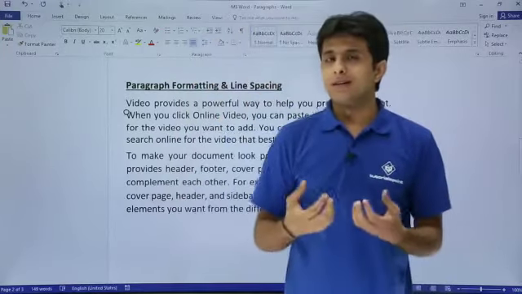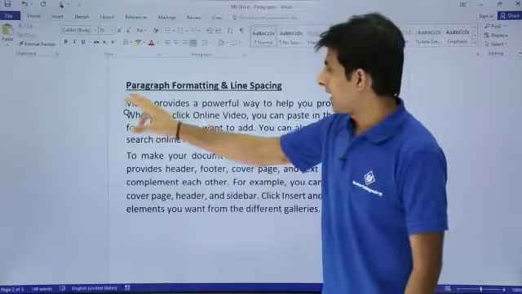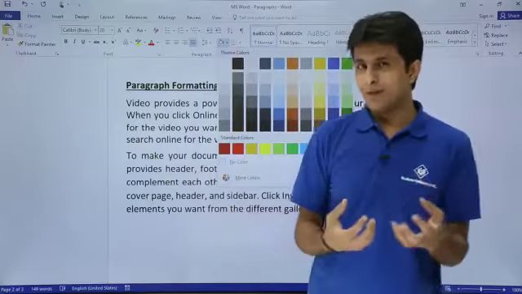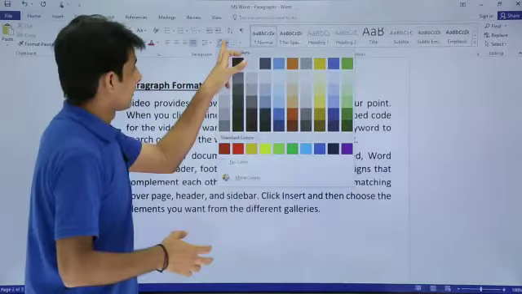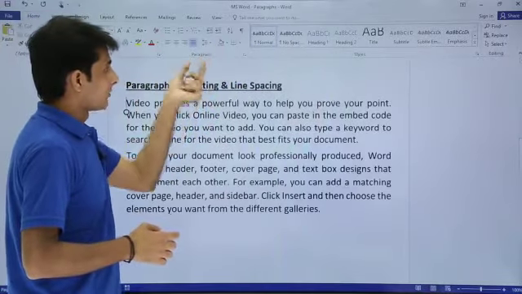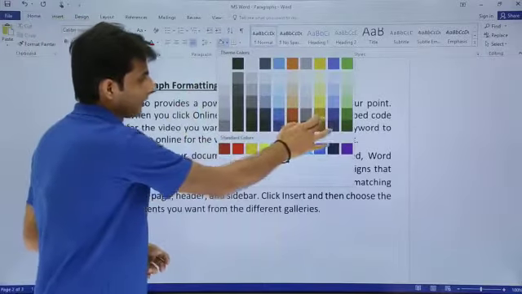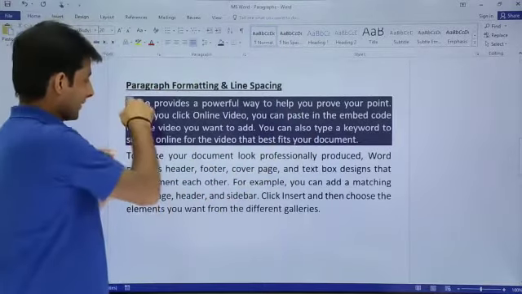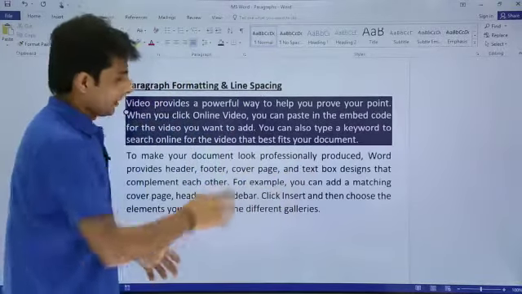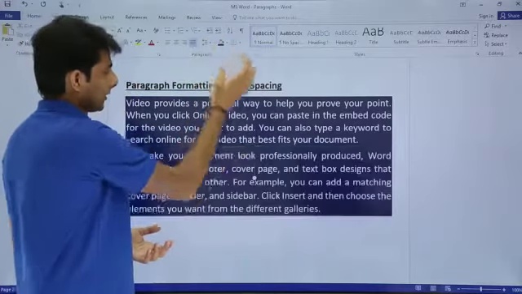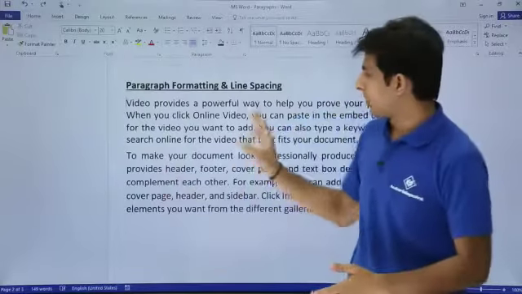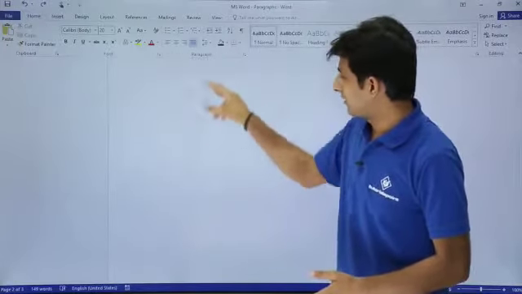Next one is, if you want to color the paragraphs, how do you color it? In the same way, I have just kept my cursor which is blinking. Now you can see there is a bucket symbol. In this bucket symbol, you can choose any color. You might think there are 2 buckets here. One is for the text and this one is for the paragraph. Because it falls under the paragraph, I will choose any color, let us say blue. The cursor was blinking at the first place, but the entire paragraph got colored. This way the paragraph color can be done. I will keep my cursor at this place and put the color here. This paragraph also got colored. I will press Ctrl Z on my keyboard and go back. This is how we can color the paragraph.